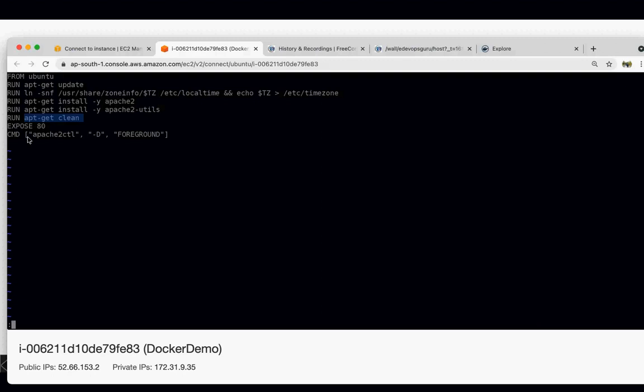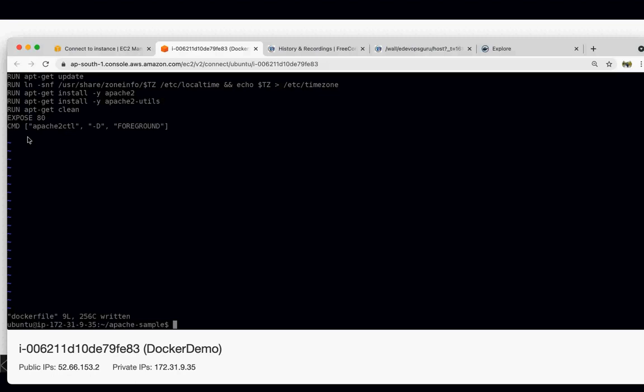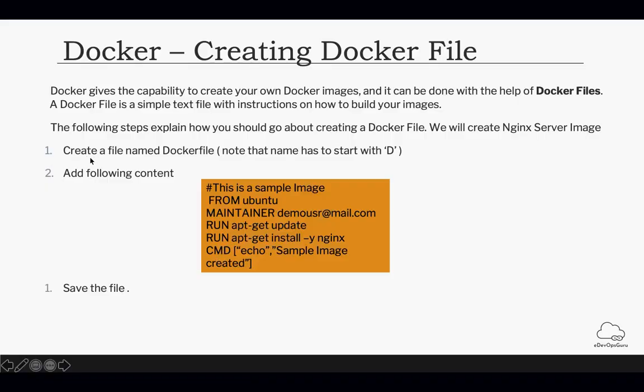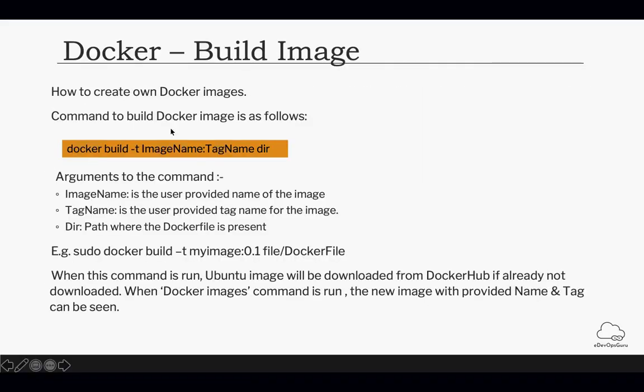Okay, so that is the Dockerfile, and after that we can build a Docker image using it. The syntax for that is docker build -t, then the name of the Docker image you want to create.